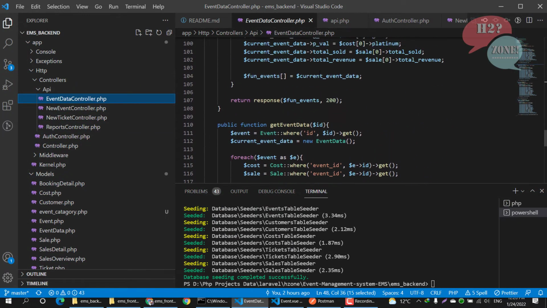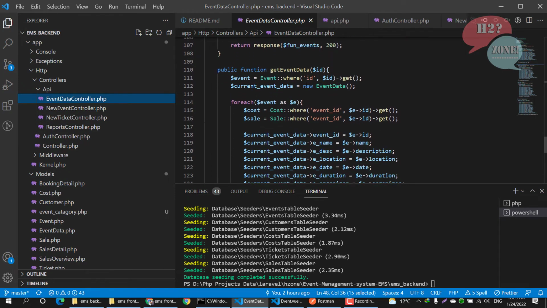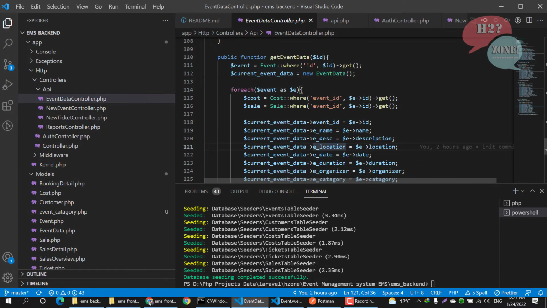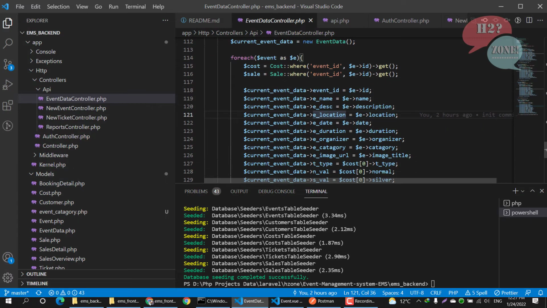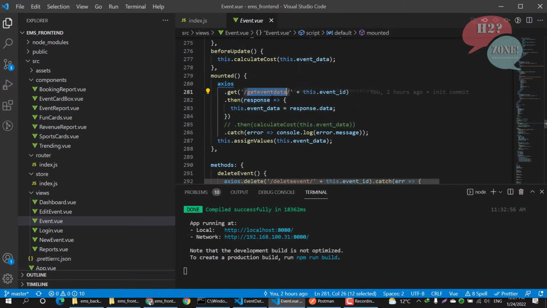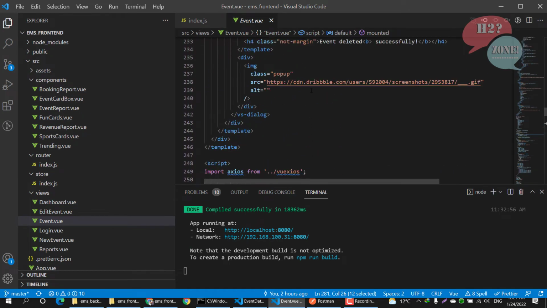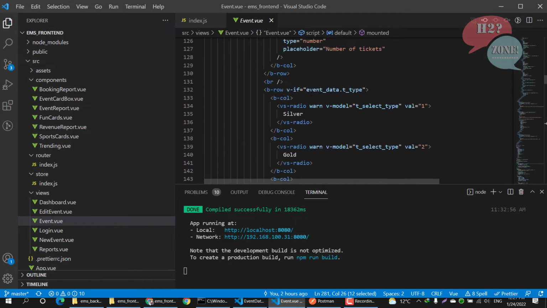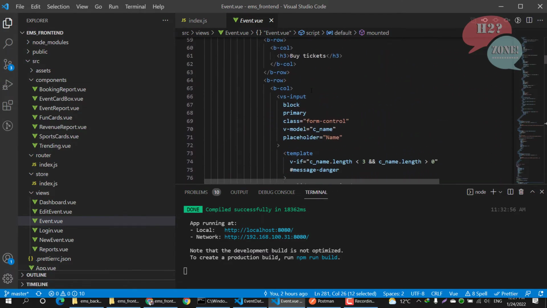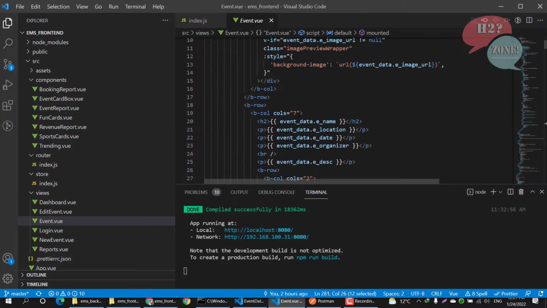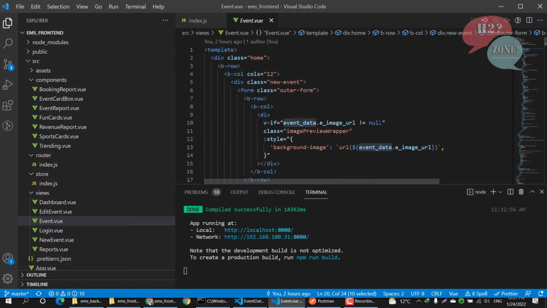This is our get event data, which is getting the ID, and after that it gets the detail of this event and sends the response to this page, and it is showing the detail of this event on this page, like it is showing different information using this event data variable. It is showing name, location and other information,